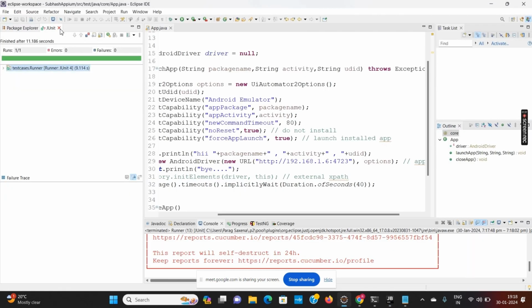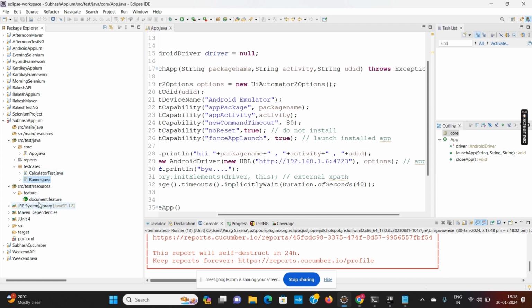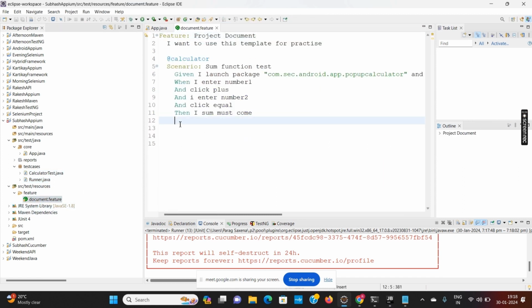Similarly, again I will go to this document.feature, and I will create one more test, @Shopsy. Scenario: search test. I want to search something on the app. So again, G should be capital: Given. Your language should change: I open instead of launch.